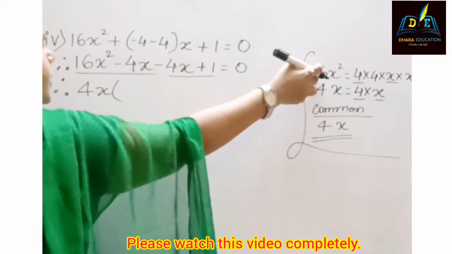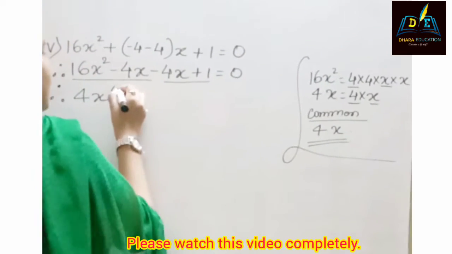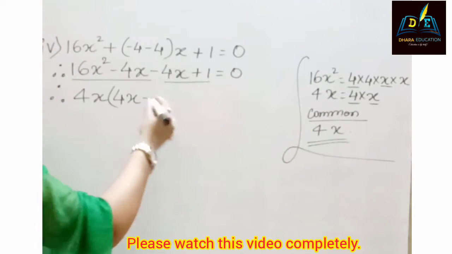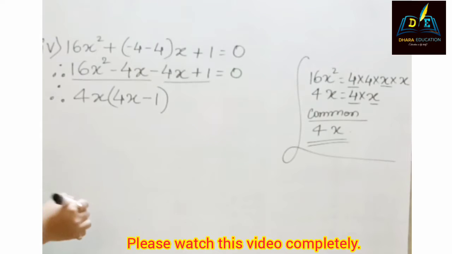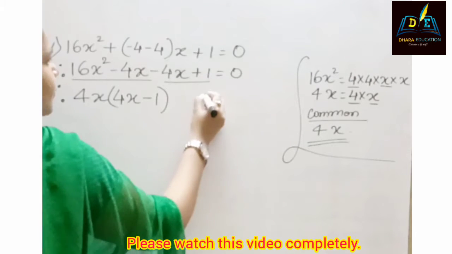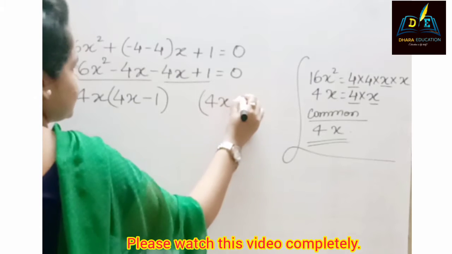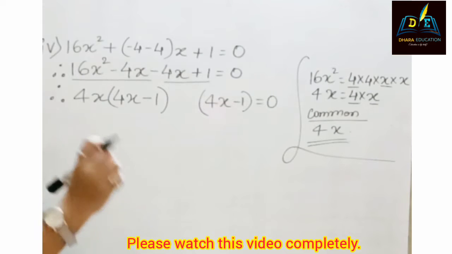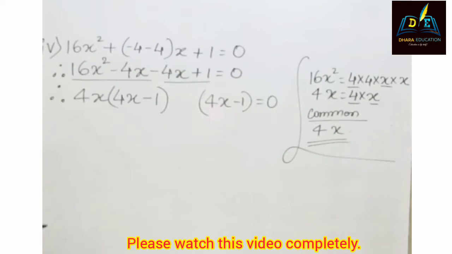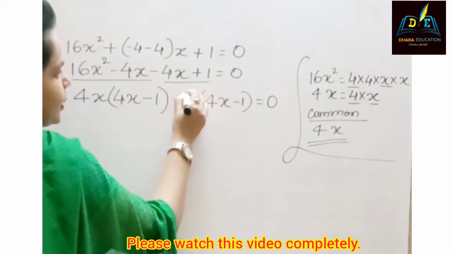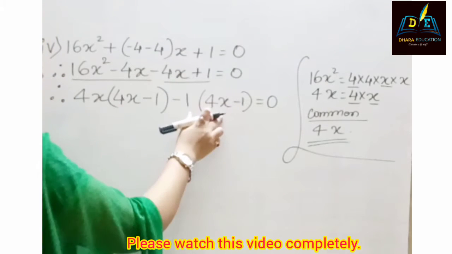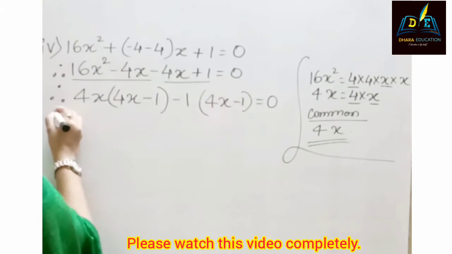Then what is left over here is 4x. So I will put here 4x minus what is left over here, which is nothing. It means that we can take 1. Once that is done, we write it equals to 0. But over here we need to fulfill the sign and the number. If we put minus 1, the things will be similar to this. This will fulfill the condition.